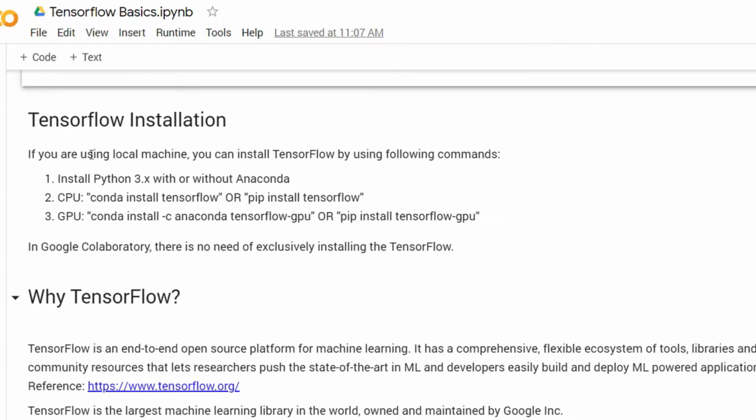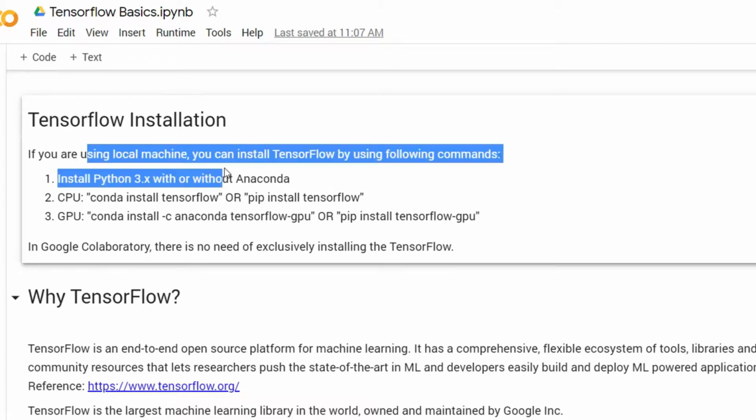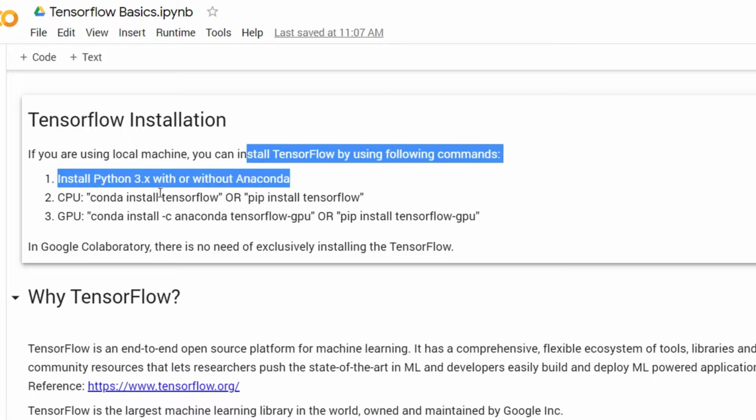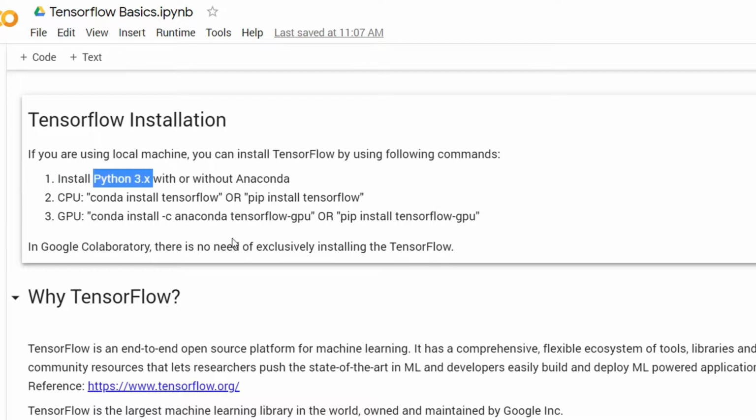Now the installation. Well, if you are working on a local machine and not on Google Colab, then you need to install TensorFlow first. First of all, there should be a Python version installed with or without Anaconda. Anaconda is a distribution for using Jupyter Notebook.